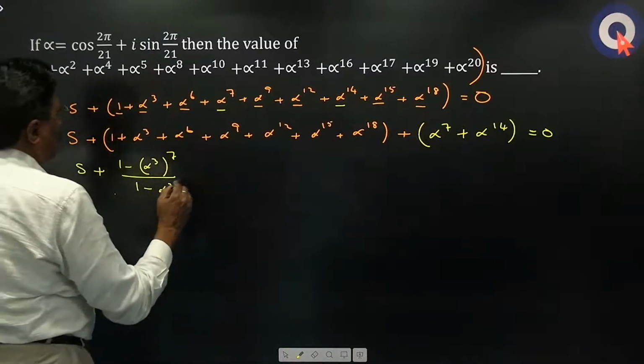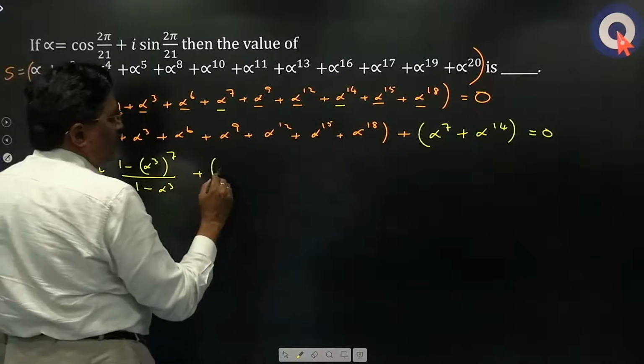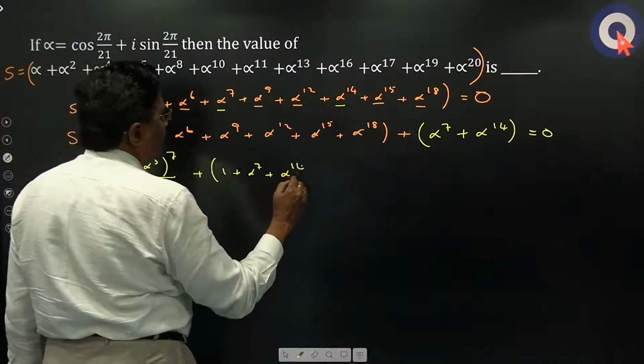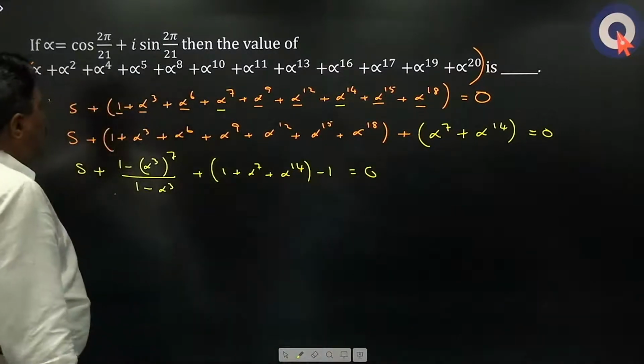1 minus alpha cube plus, here I will write this as, 1 plus alpha power 7 plus alpha power 14 minus 1 is equal to 0. Alright. So this is,